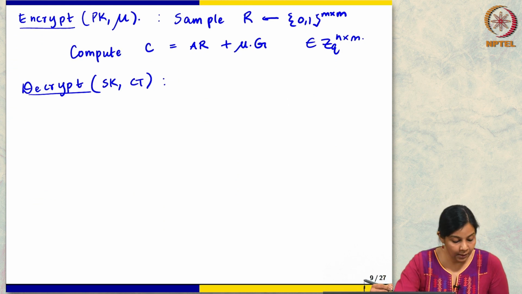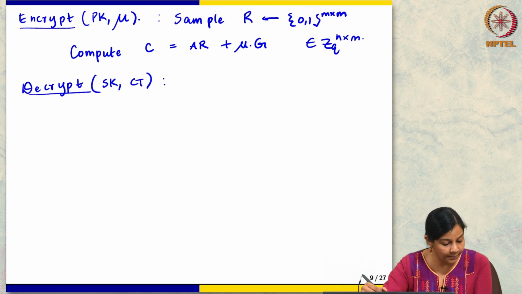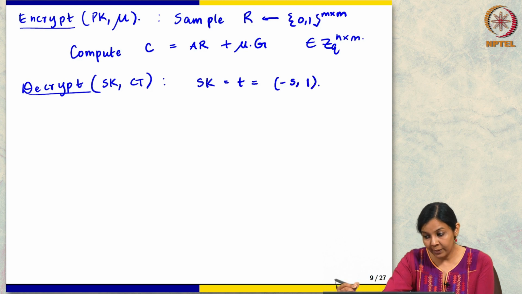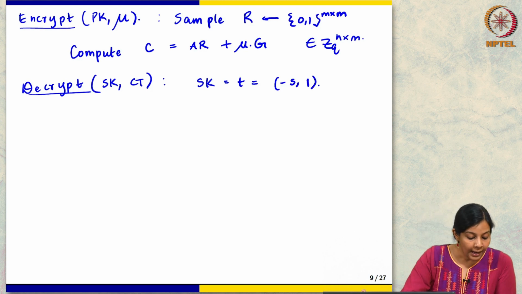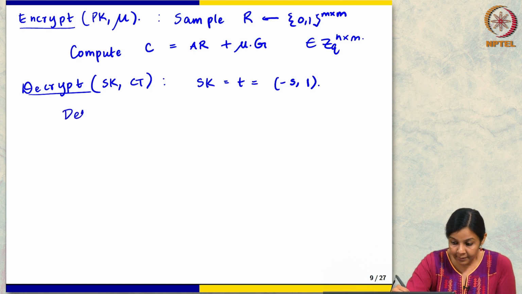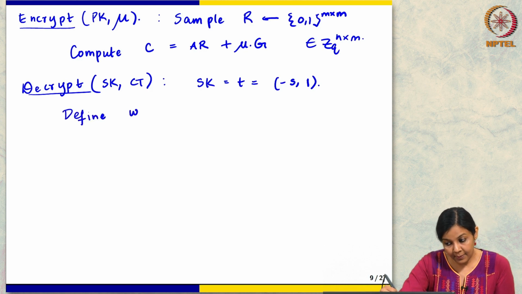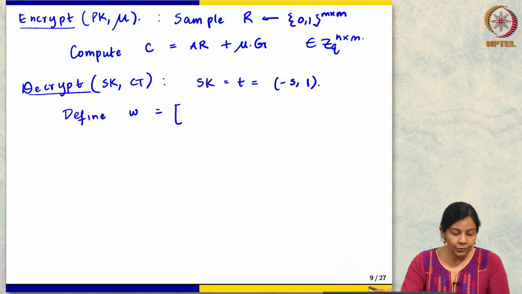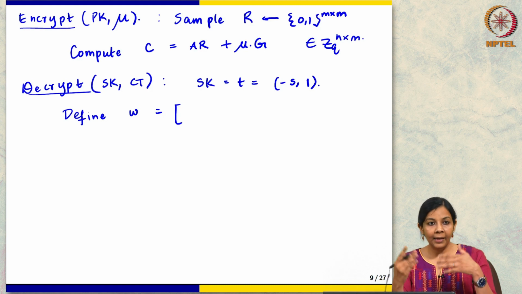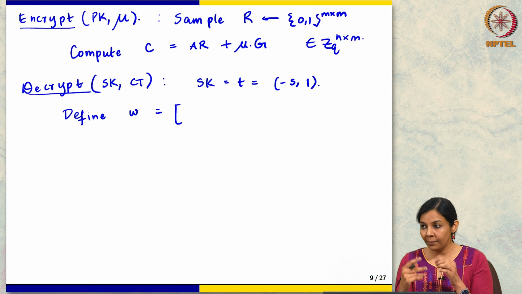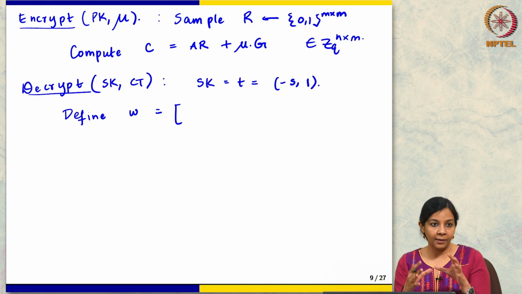Okay, so, remember my secret key T. My secret key is some T which is (minus S, 1). What am I going to do? Well, I will define a vector W. This vector is again going to just encode the scaling factor. Remember, like in the basic PKE scheme, we were multiplying the message with a scaling factor and adding it in.